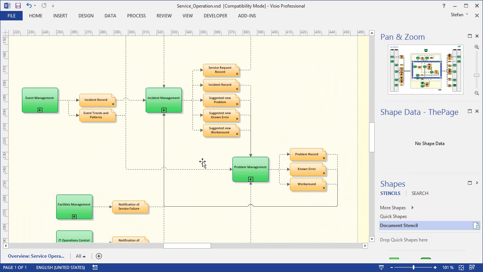As you can see, we use 2 types of shapes in these diagrams. The green shapes represent processes, and the orange shapes represent data or information objects. We use the information objects to show the information flows between the processes, and that's a very important principle in our process model, because we want to show you not only what processes are there, but also how the processes